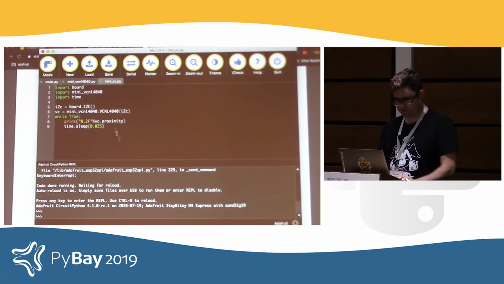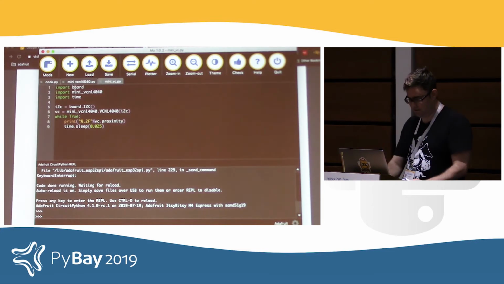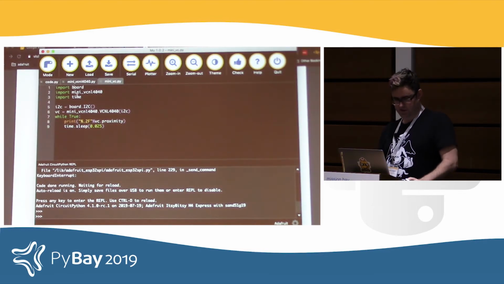Gonna open this here. Okay, so this is the piece of code that's going to be using our little driver, importing board to get access to all the pins and whatnots. Mini VCNL4040 is our little driver here. And here we're setting up the I2C bus. Board also includes a default bus. So there's default I2C pins, SPI pins, UART pins. And if you're using some of those, we have these objects for them built already. So you can just say board.I2C. Then we're passing that into our little driver, and we are going to